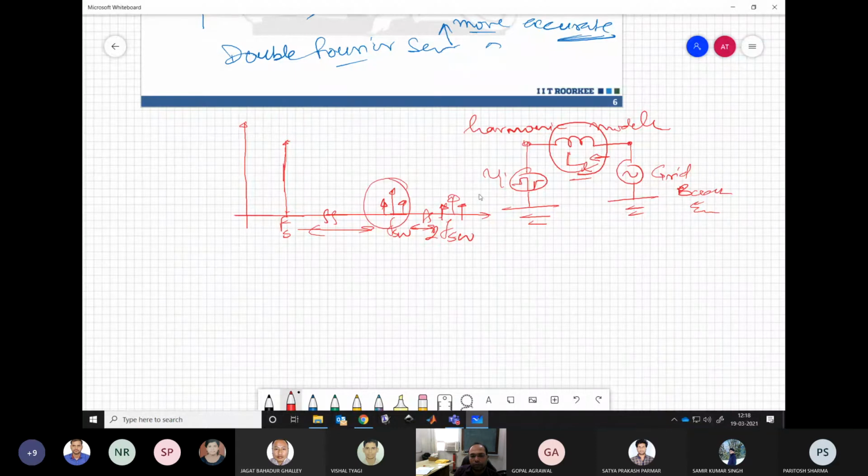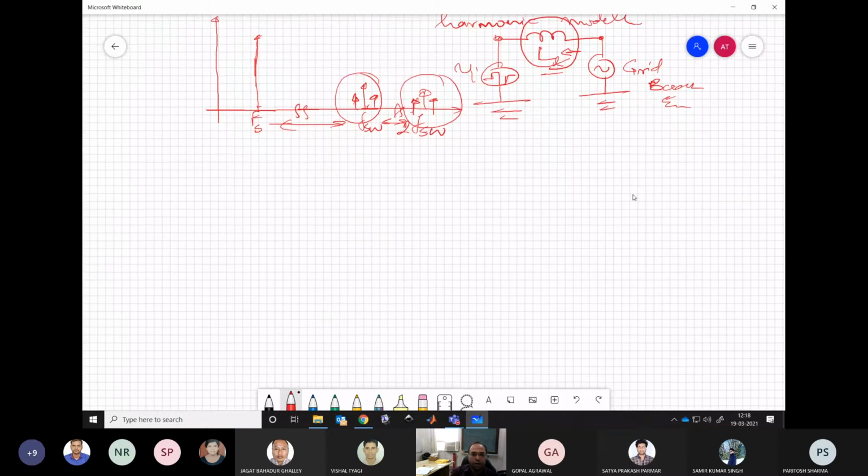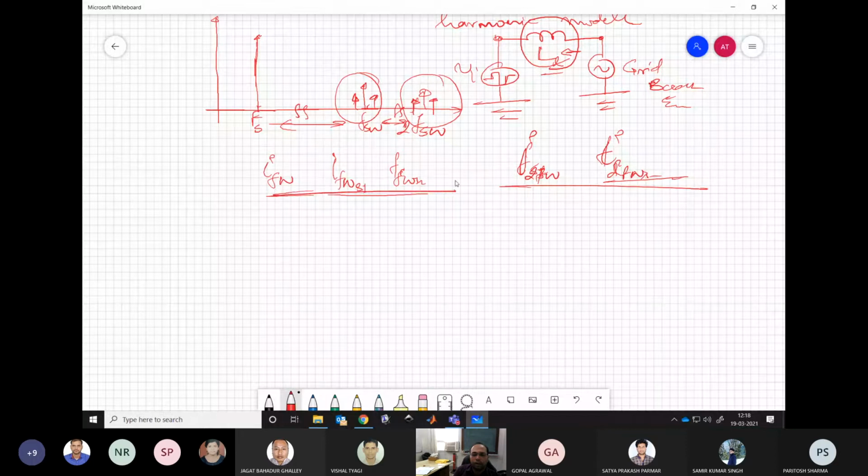So ultimately this inductor comes in between. For this inductor, because high frequency components are very well filtered, individual components may not be very important, but their collective value could be high. So let's say you may have I1FSW, then there is some I1FSW sideband, let's say S1, S2, and so on. A lot of frequencies are there. Then you have similarly I2FSW, I2FSW S1, S2, and so on. All these bands are there.